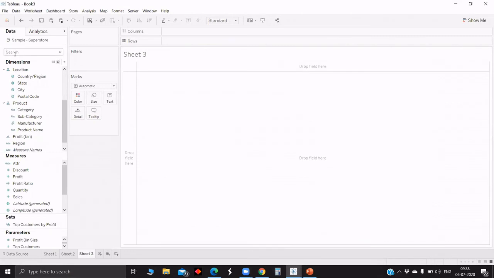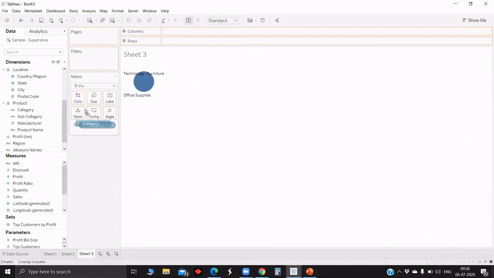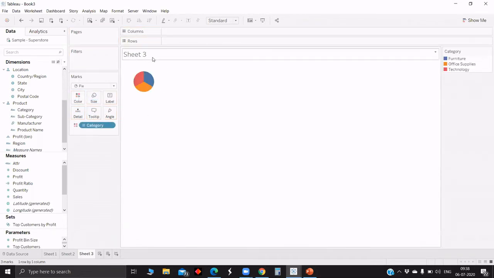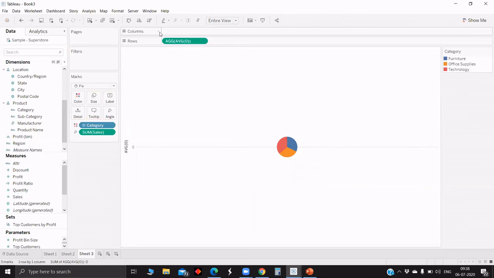First we will make the above chart with category, and angle by sales. In order to get the dual axis, we need some term common in both.